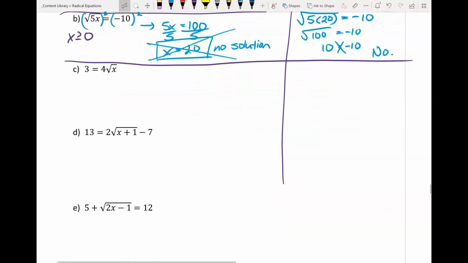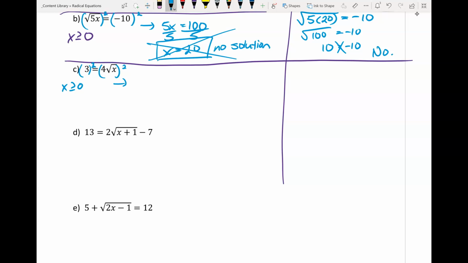Moving on to C. I'm going to start off by stating what our restriction is. Again, x has to be greater or equal to 0. Now I'm going to go ahead and square both sides. Remember to include the brackets because then you'll know you're squaring both sides. Do not miss the coefficient of 4 in front of that root x. Okay, so when I do this,